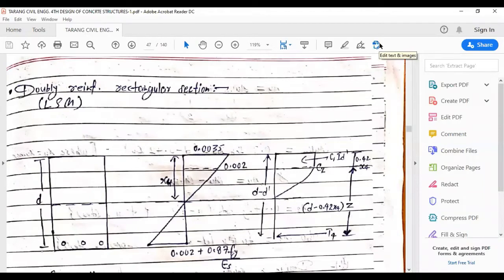Hello students, hello everyone, welcome back to the channel. So in this session, we'll continue with the subject Design of Concrete Structures, which is in the 4th semester of Maharshi Dayanand University. The topic of discussion today would be design of doubly reinforced rectangular beam using the limit states method. In the earlier lecture, we did singly reinforced beam. So we'll start with the topic now.